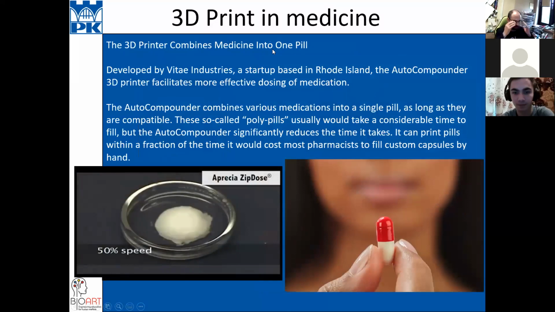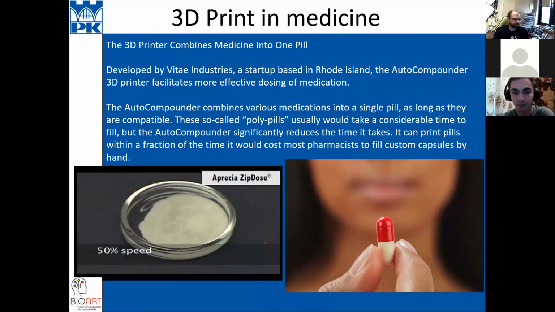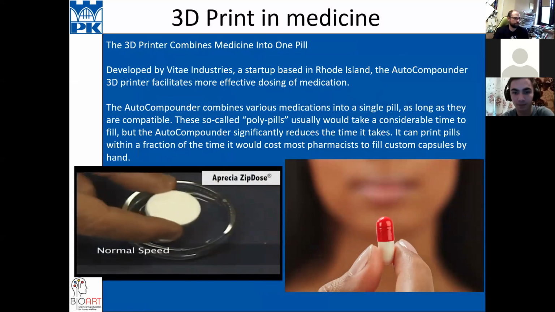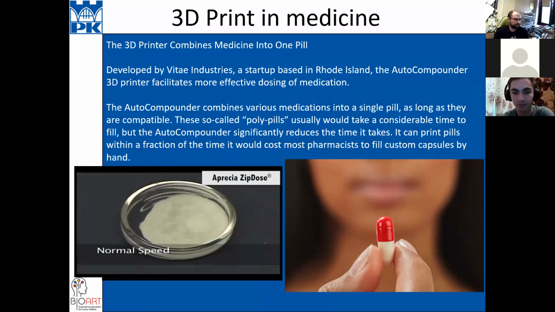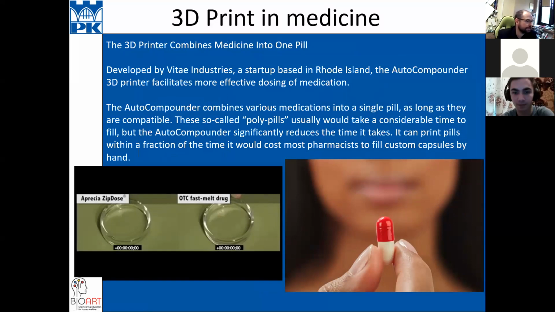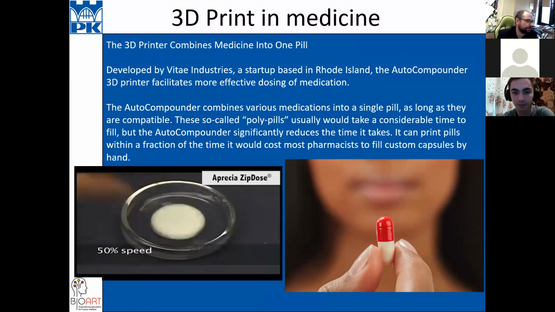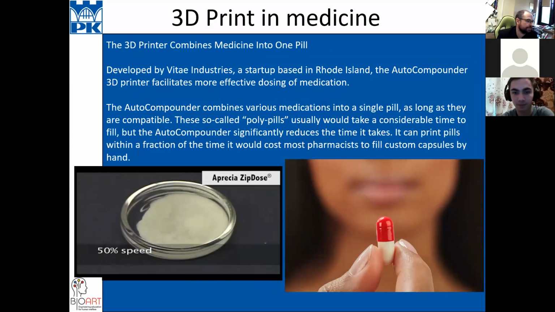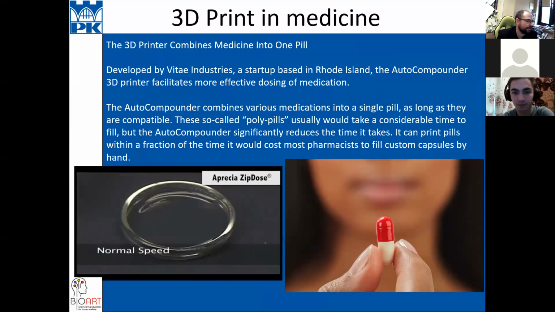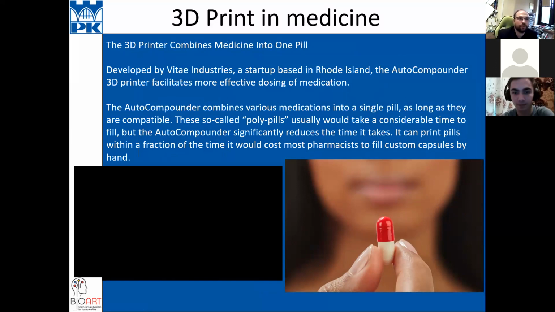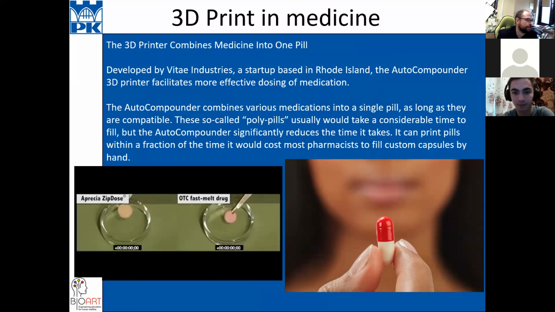Of course, here we have some new products that one of the companies wants to make, some special pills. These pills will be faster to get when the printers are in a pharmacy, for example.